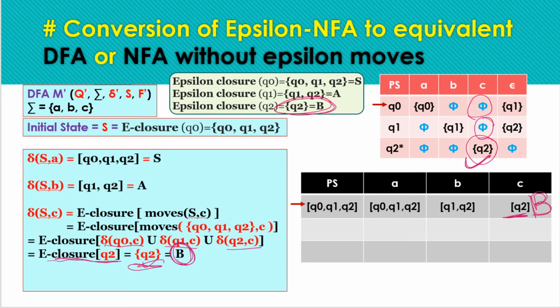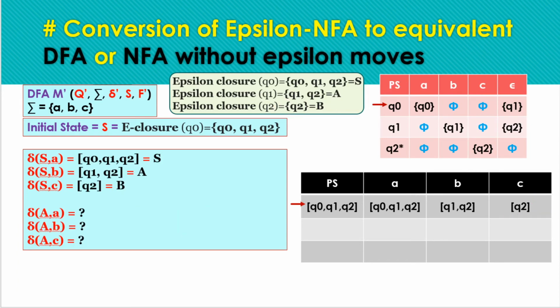Now the transitions for the initial state are complete, and while finding the transitions for the initial state, we encountered two new states. We have already covered this state, meaning this state is completed. This is a new state, and this is also a new state. Now we have to find the transition for Q1 and Q2. So now we have to find the transition for this newly identified state, and next we have to find the transition for Q2. While repeating this process, if we come across any new state, then we have to consider that state as well for the transition, right?